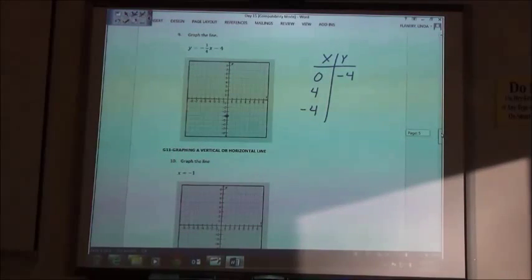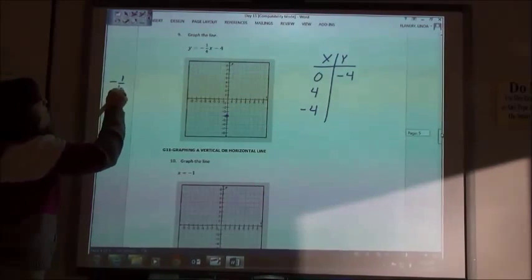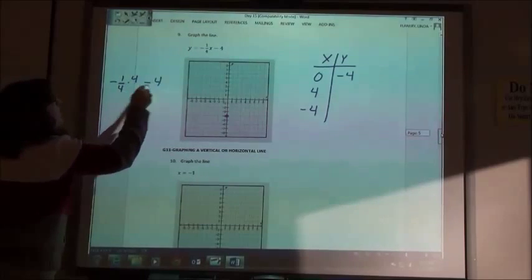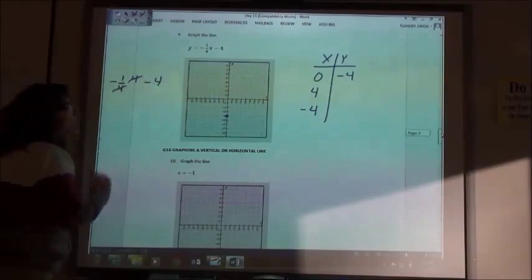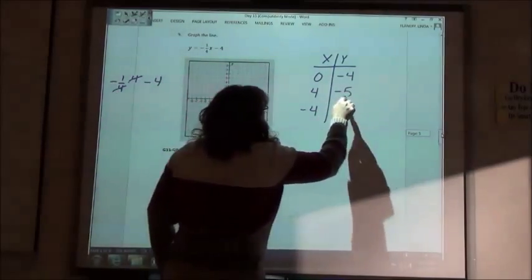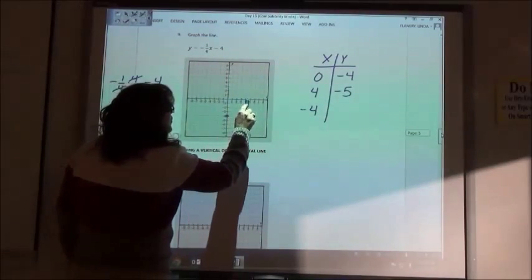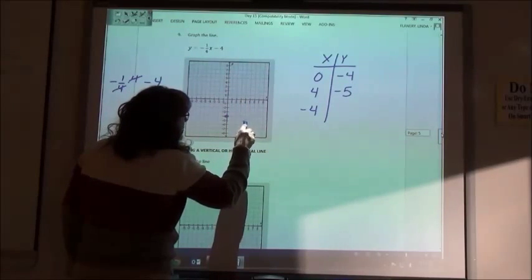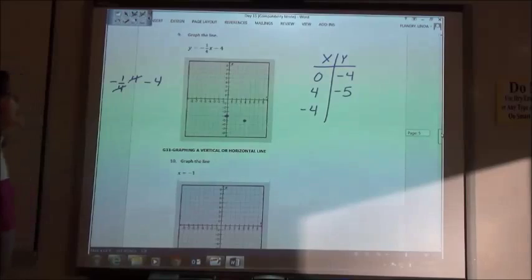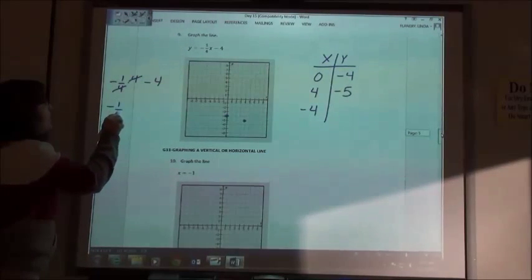If I put the positive 4 in there, negative 1/4 times 4 minus 4, I get negative 5. The 4's are going to cancel out, so I get negative 1 minus 4, which is minus 5. So I go 4 to the right and down 5. 1, 2, 3, 4, 5. There's my dot. And if I put a negative 4 in for x,